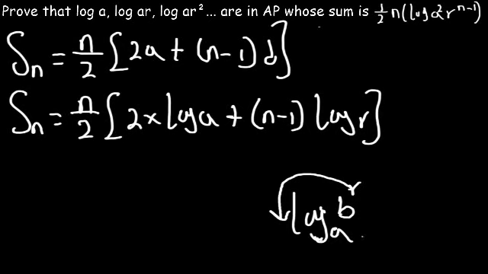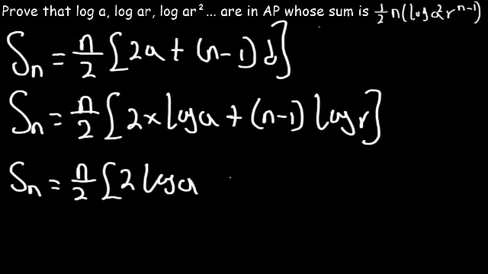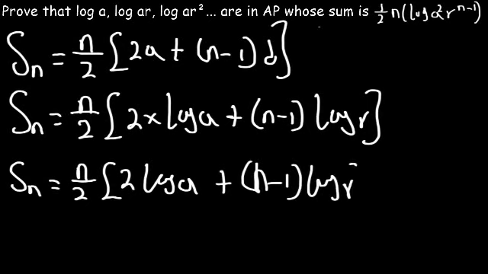If the r is already in front of the logarithm, it can also come back to be an index of b. So we are going to be applying this right now. So this will become S sub n equals n by 2,